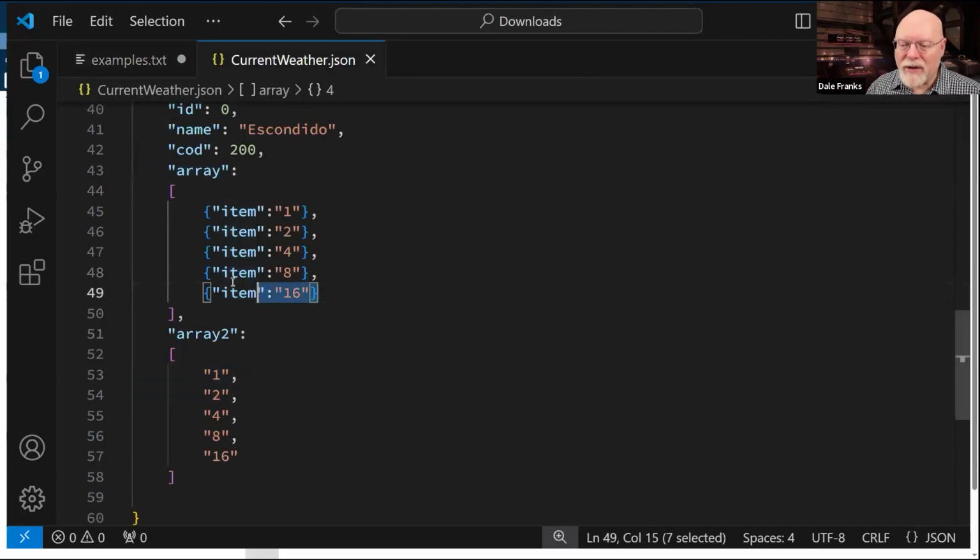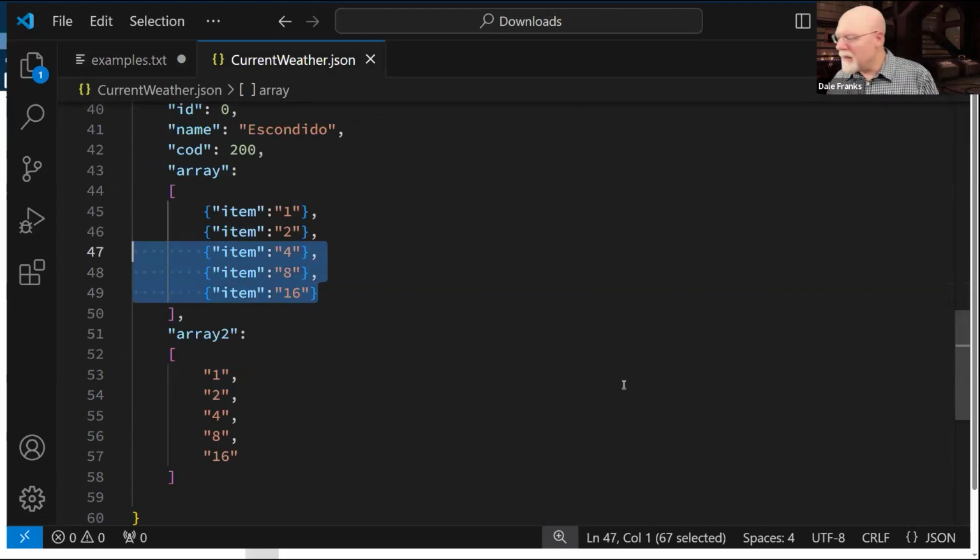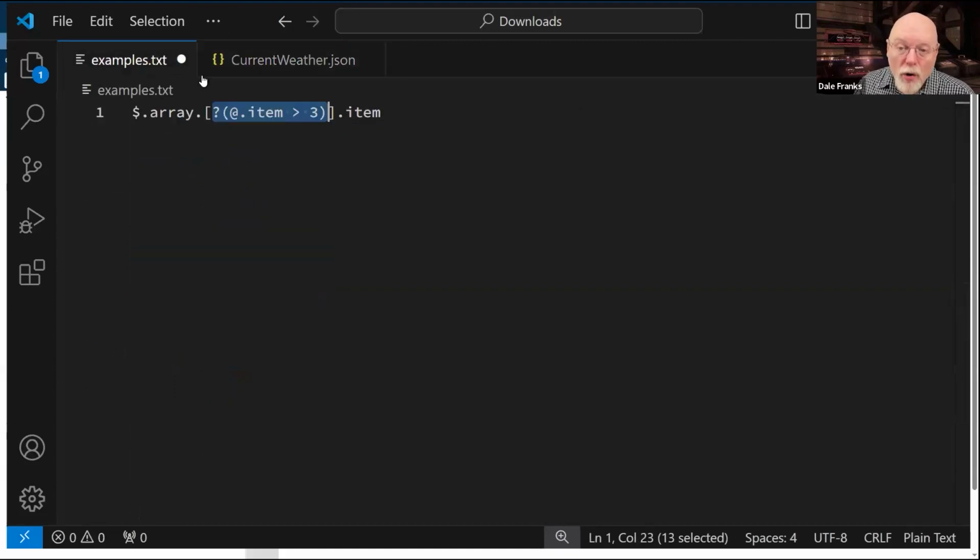And the last 3 are 4, 8, and 16. So I can actually do search queries inside JSON path, in a way that really isn't built into XPath. It would be cool if I could do that in XPath, but JSON path is fairly sophisticated.